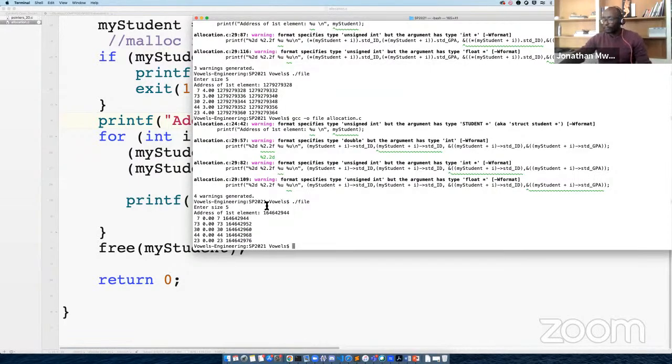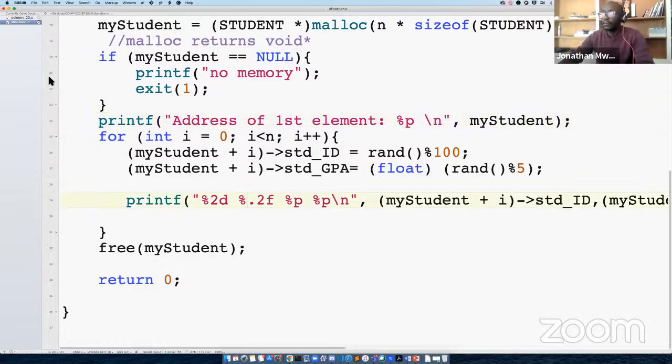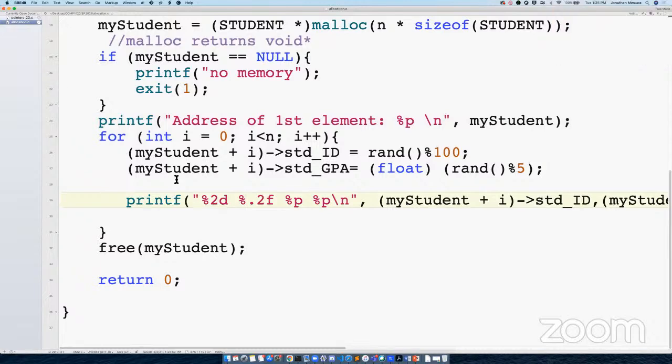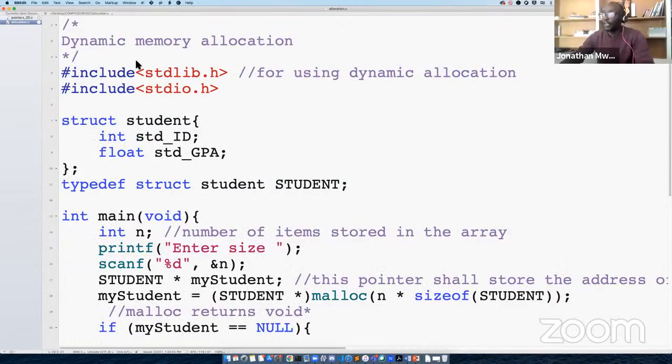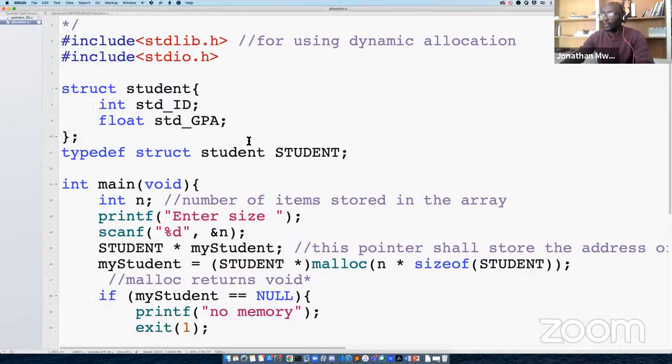Okay, so far so good for everybody? Yeah, we are all good? Okay, so we know how to do this. This is awesome. All right, and so I could save this. Let me save this. So we are good with this.